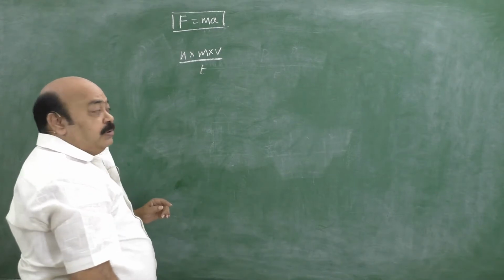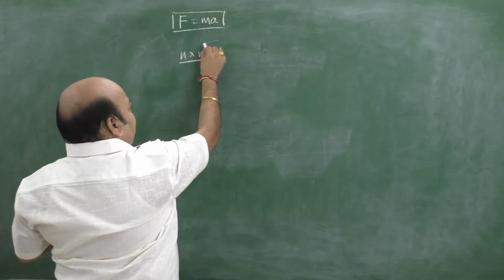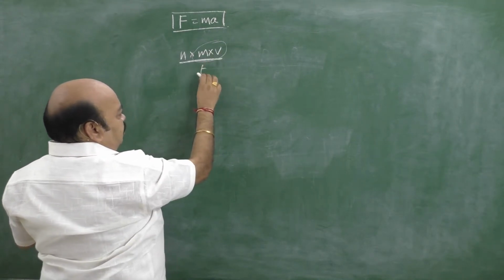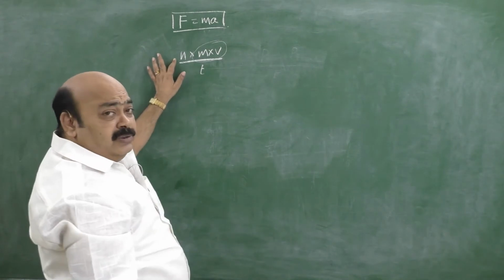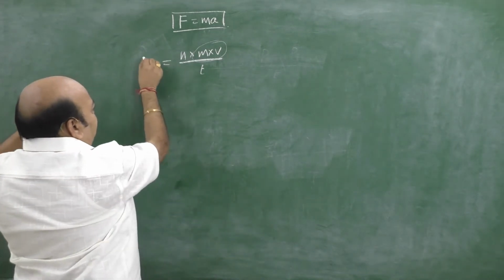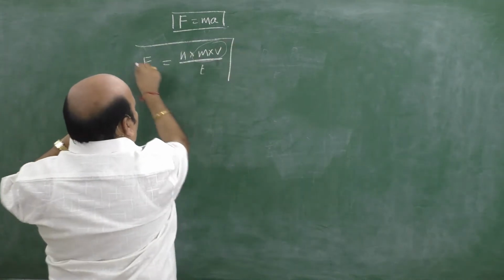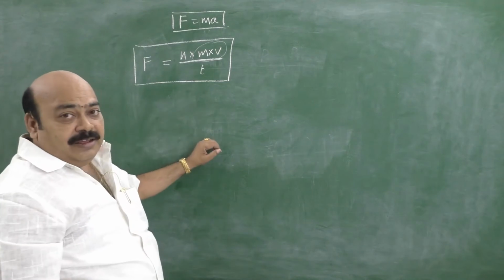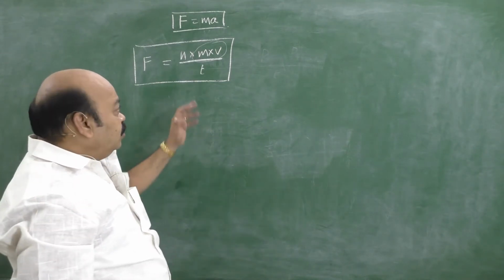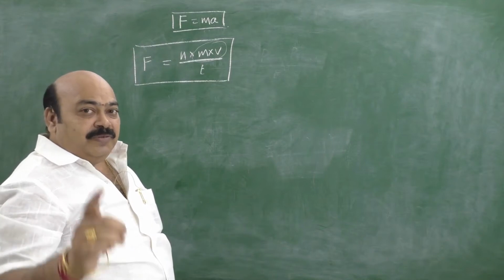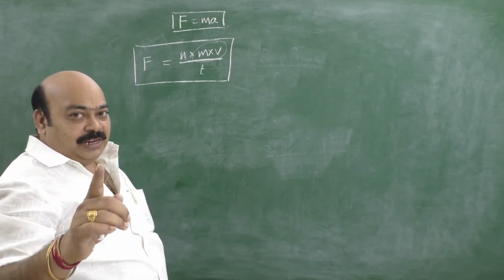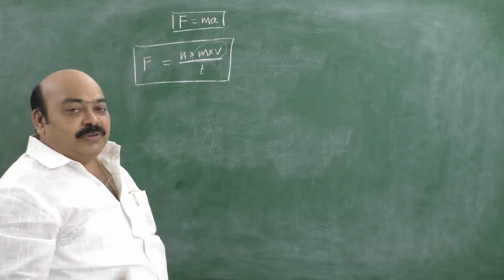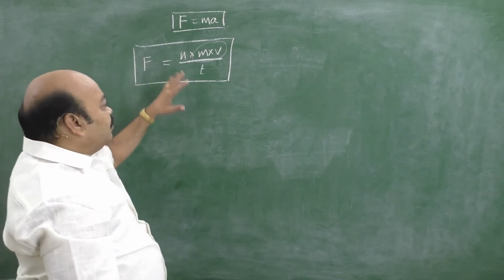Take help of units and dimensions here to check yourself. Mass into velocity is called momentum. Momentum by time is nothing but rate of momentum. Since n is only a number, this gives the force required to hold the gun. See how simple and how beautiful this formula is. If you learn in this manner, I am sure there is no chance of forgetting it. If anybody wants to forget, it's a challenge to me. I will ask you in the next class after a couple of days. If you say honestly, "Sir, I forgot this formula," then I will give you a good gift. This is the force required to hold the gun.